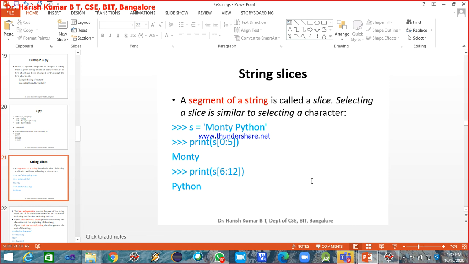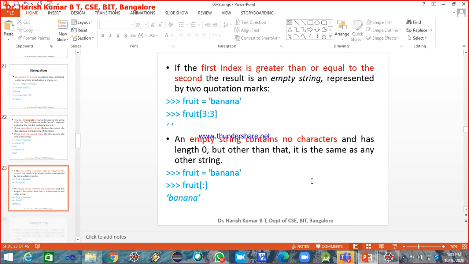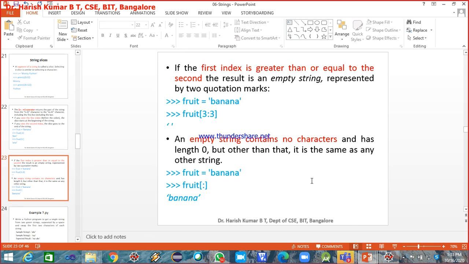This you know already. And same as what we understood with lists, you can omit the first index, you can omit the second index also. All these things are fine. And if you omit both, you will get the full string.